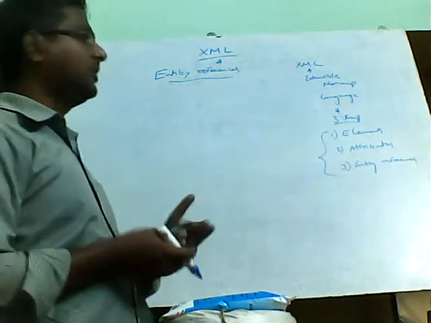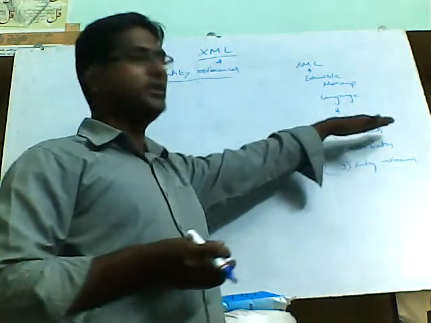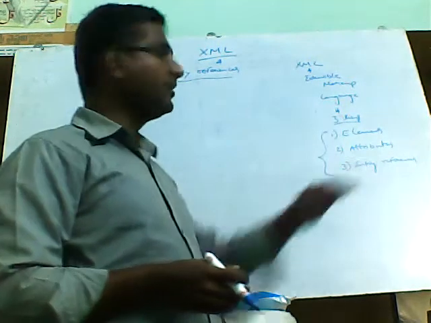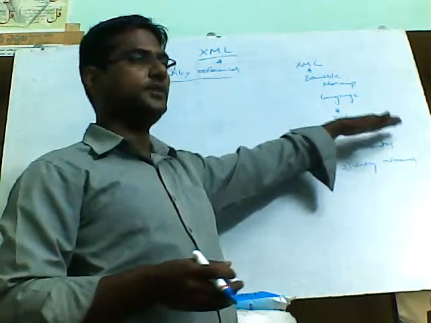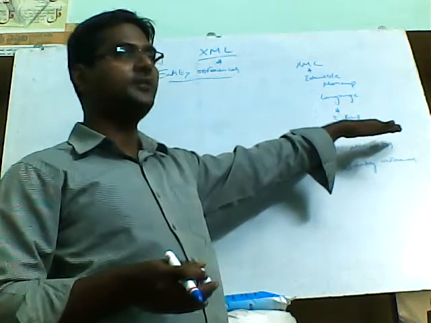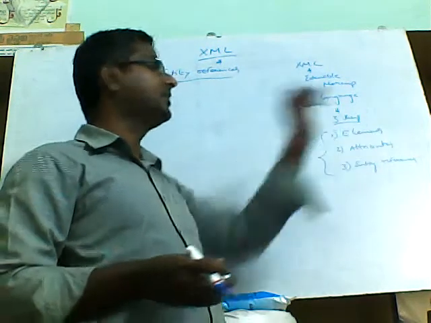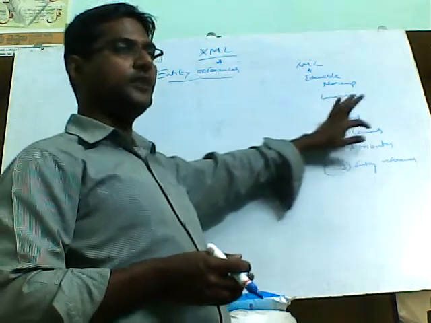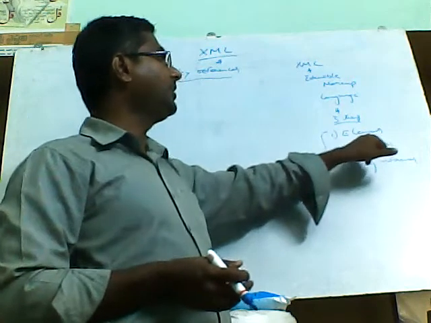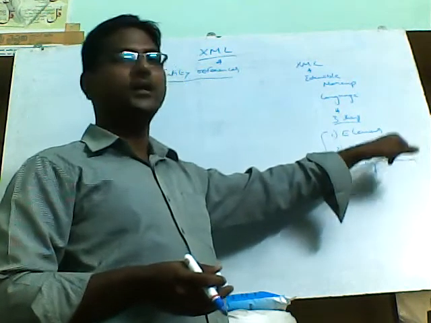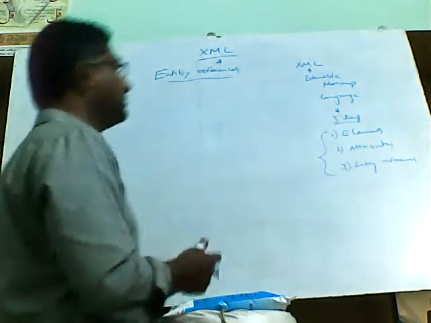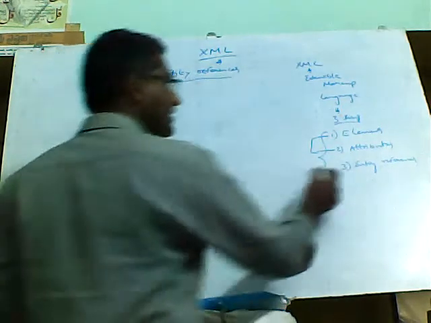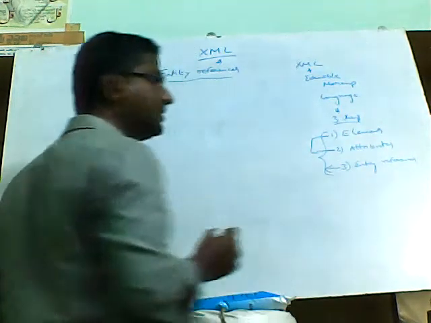In the previous lecture we already saw what an element is and the role of attributes. Elements are any data represented in between the angle brackets, less than and greater than. And attributes are used if you want to add some extra information for a particular element. Those we completed in the previous lecture. So in this lecture, we will concentrate on the other thing, that is entity references.